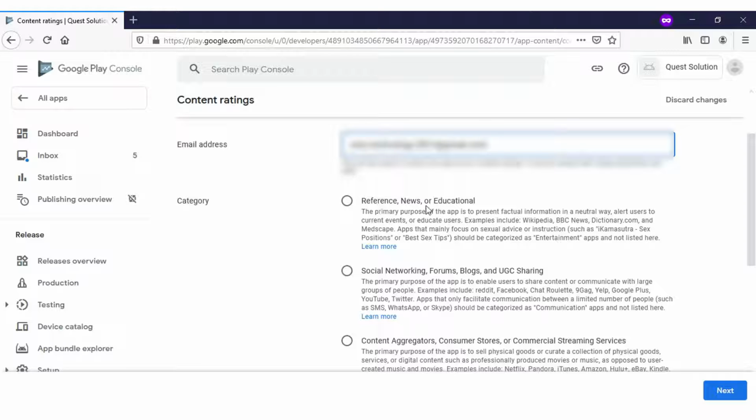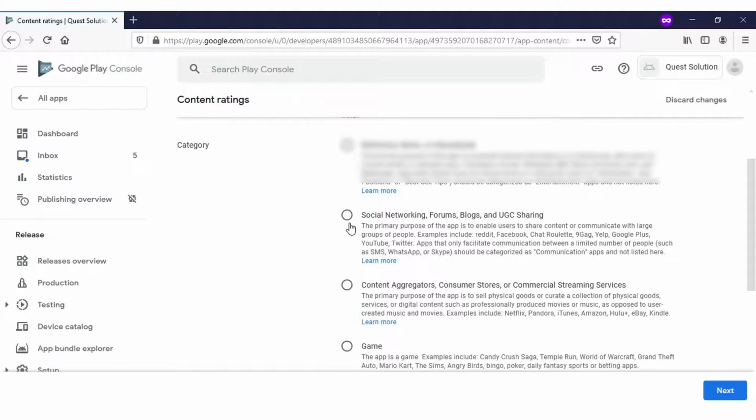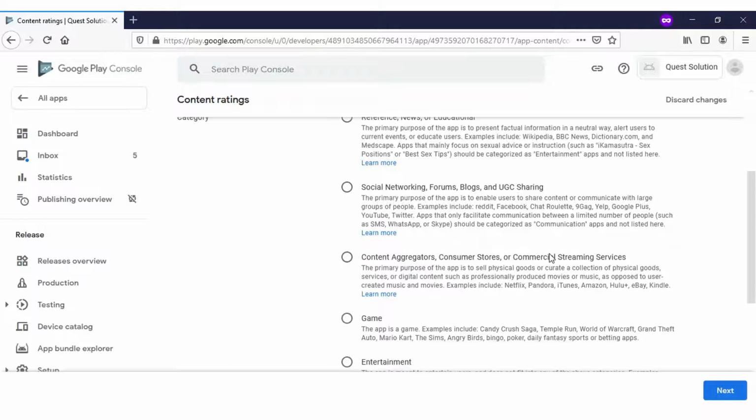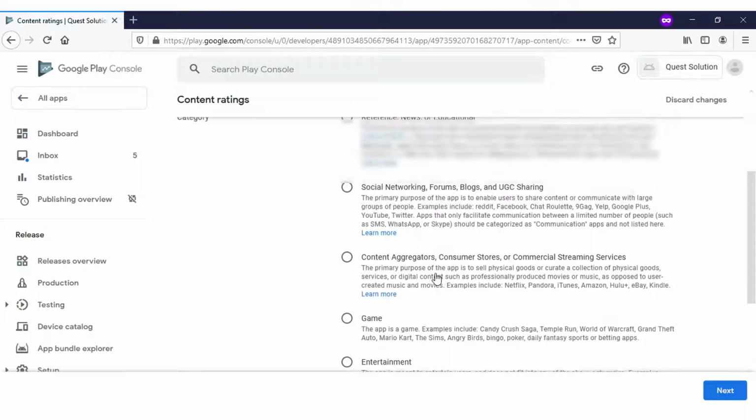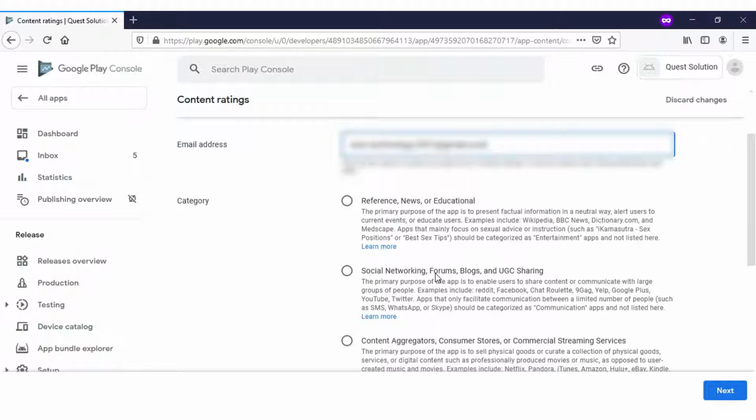Like it is a reference or news or educational app, social networking app, content aggregation app, or consumer stores or gaming or entertainment or utility, productivity, communication, or other, right? So you just need to confirm which category your app belongs to.